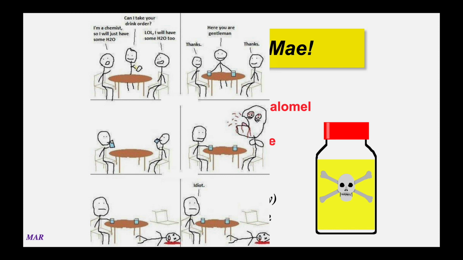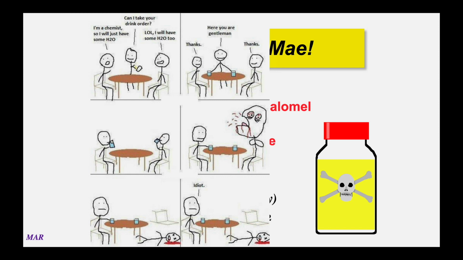H2O2 could be H2O as well, which is what this person means, but it could also be literally H2O2, two hydrogens and two oxygens. So you can see in the next slide that both of them say thanks, and then here you are, gentlemen. And both of the substances look like clear liquids, and they drink them down, and I'm sure it's very satisfying, but you can see the poor person on the right. And then finally the last person goes, idiot. Now, why this is kind of a joke, although a macabre joke, and I apologize for the sick sense of humor,